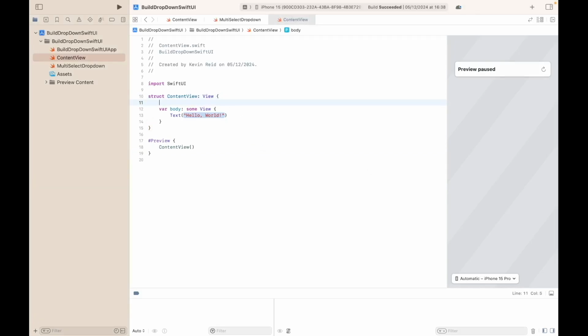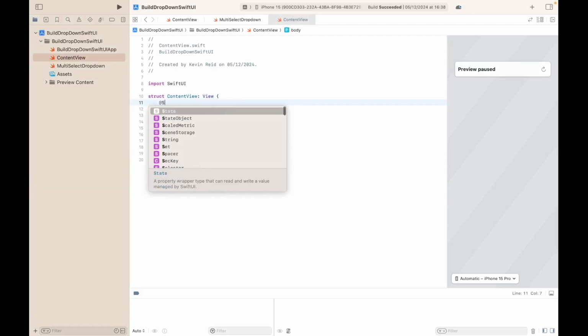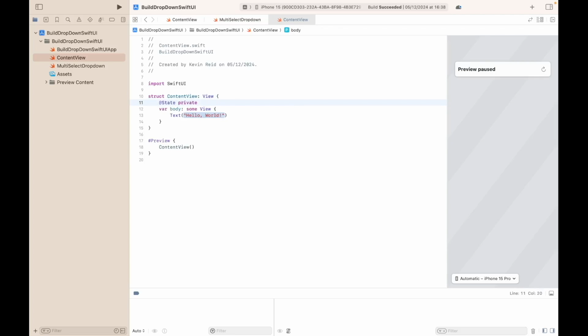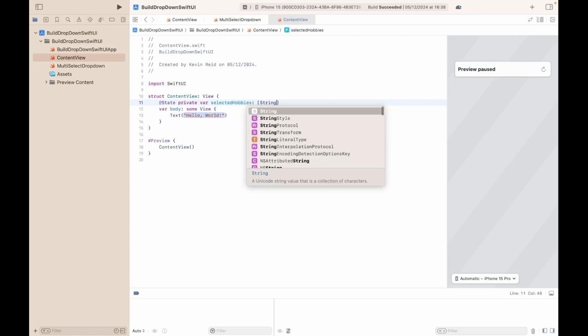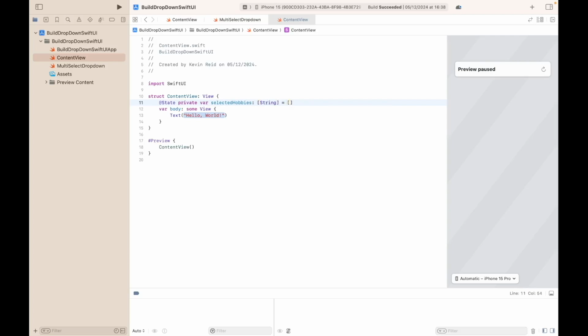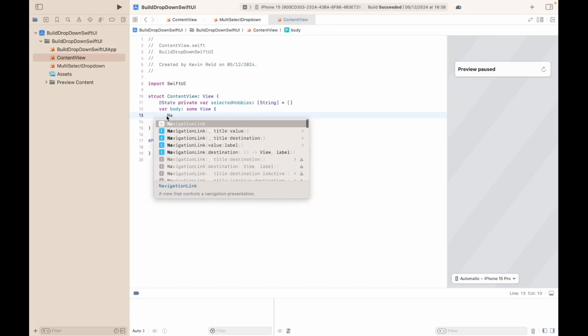Within your content view, type the following: @State private var selectedHobbies, which is an array of string. So we create a new instance of a string object, and then we can delete line 13, add a navigation stack,